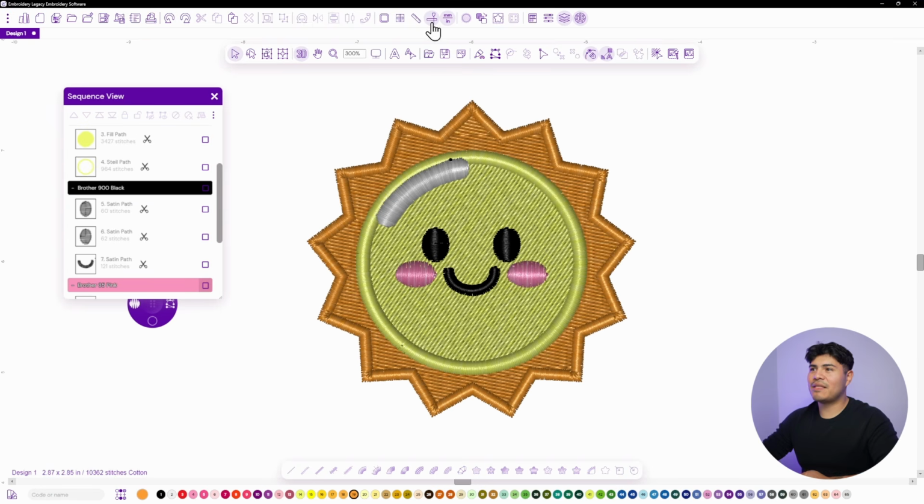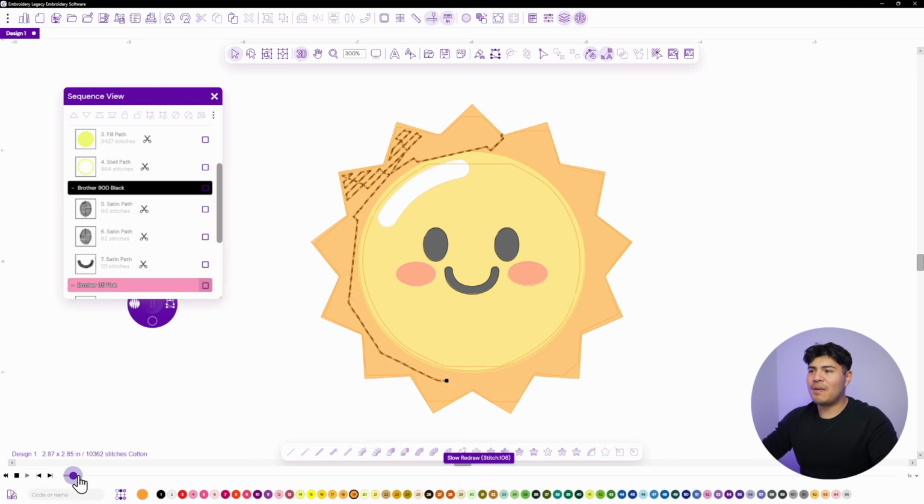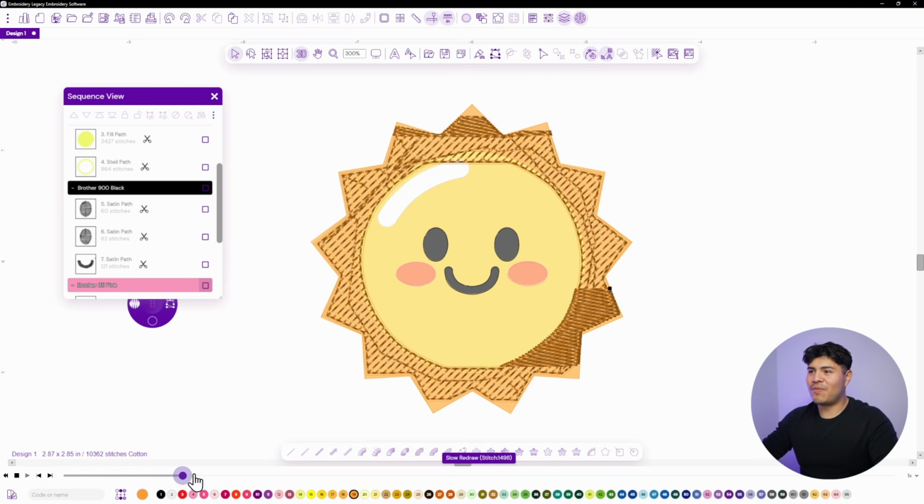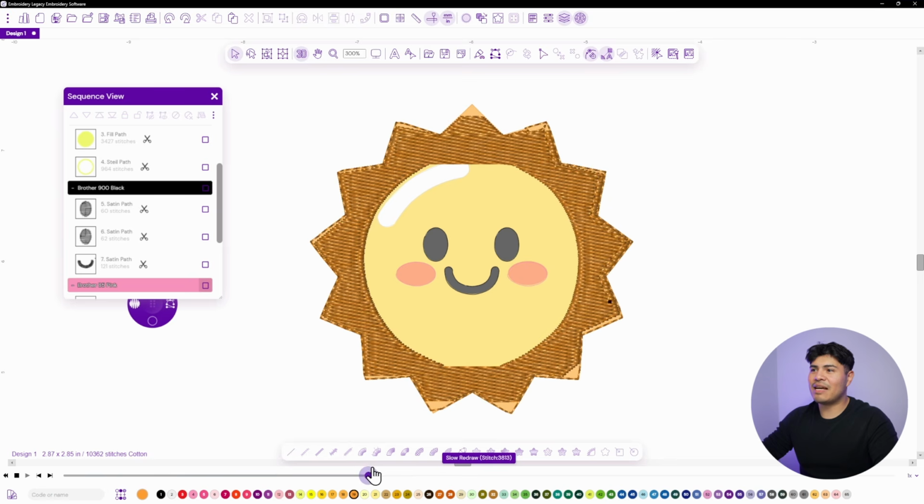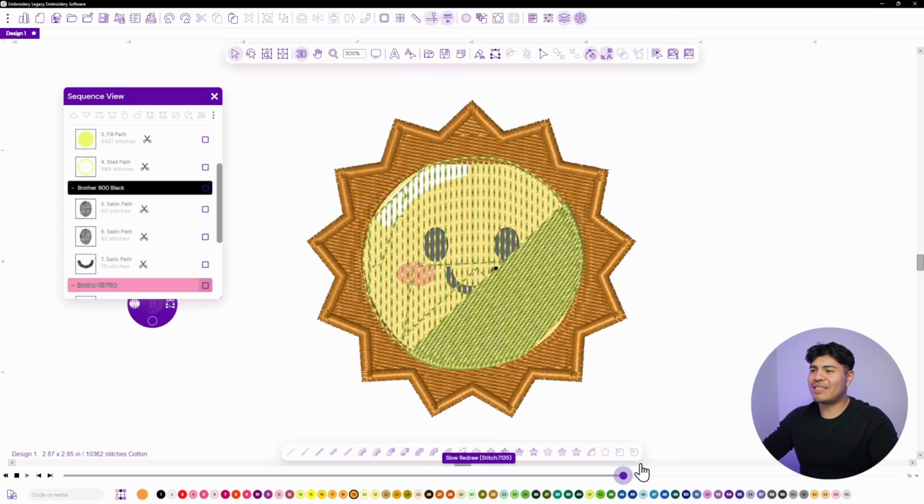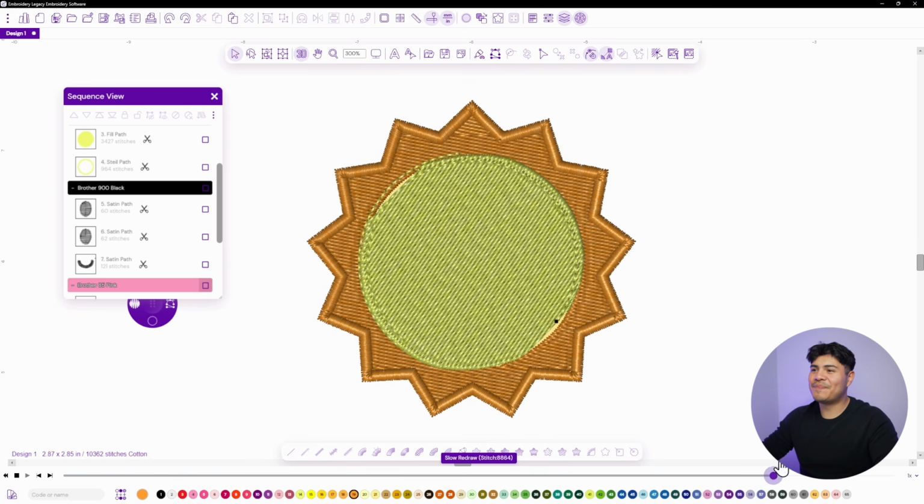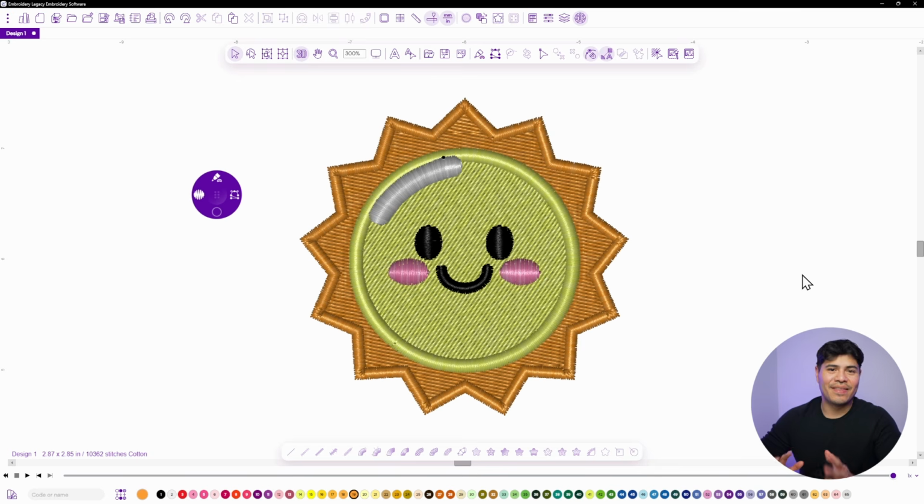Now all the way at the top, let's click View Redraw. We're going to press play and we can see what the software is generating. This is what it would look like as your machine is stitching it out. That is looking awesome. Creating those outlines, then creating the second fill, creating that outline as well, and then creating the smile and the highlight of the sun. This design is ready to be embroidered, but before we take it onto the embroidery machine, we have to save